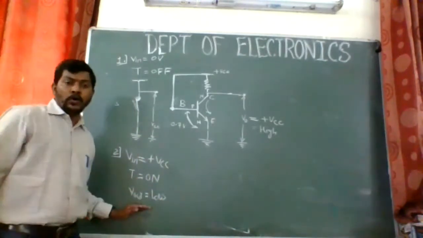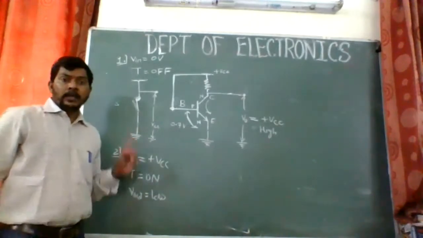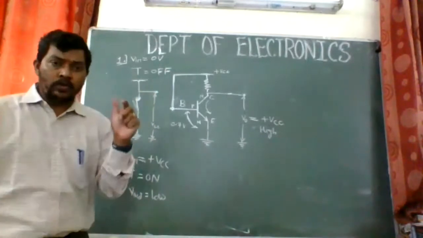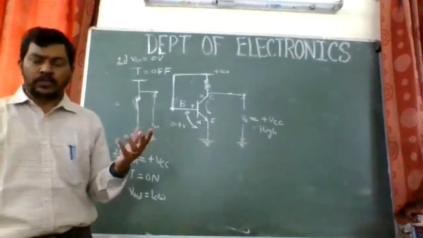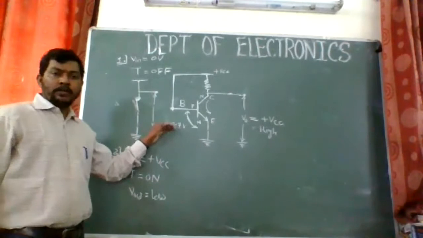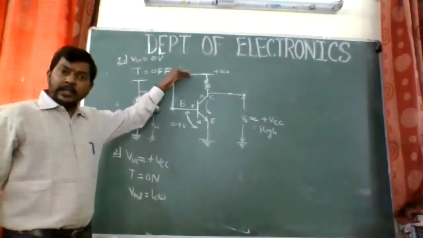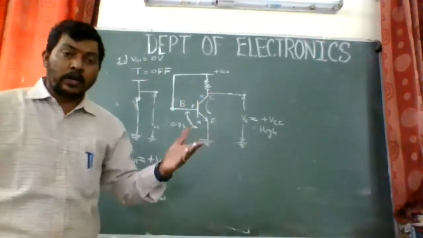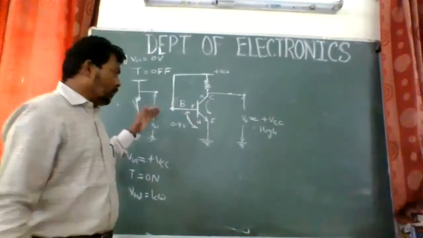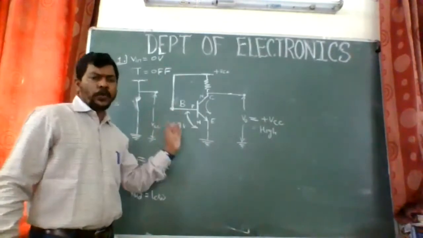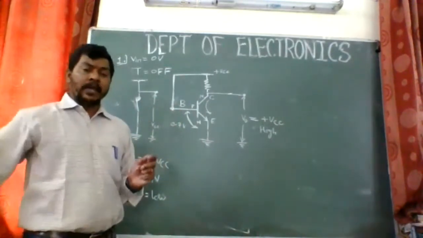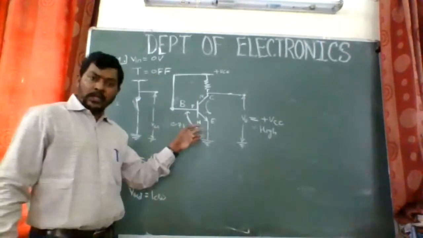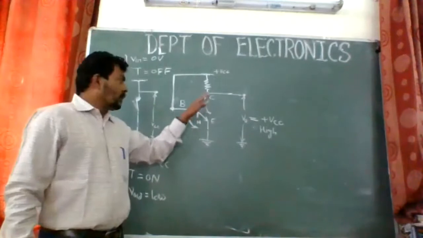So there will be no output voltage at this stage when the input to the base is high voltage. High voltage means it should be greater than 0.7 volts, right? If it is 0.7 volts, then it will conduct. We have connected it to plus VCC, which implies that it is around 12 volts or 10 volts, but now it requires just 0.7 volt. So whenever the base has more than 0.7 volts, this PN junction diode will conduct, and the transistor is on.